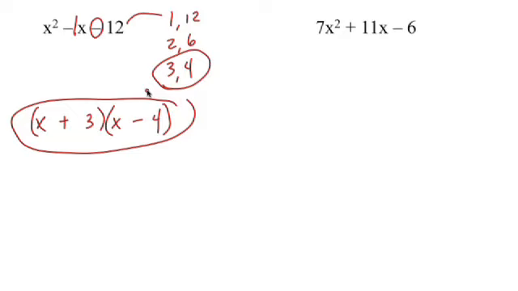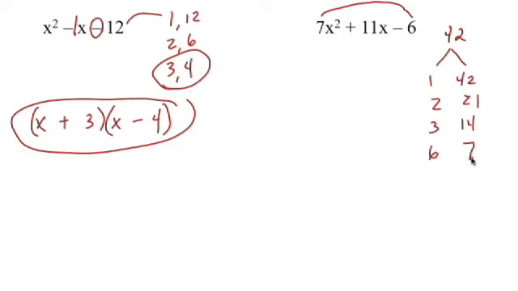The second one, again, Bill had a great discussion on this in the previous video. When you see those coefficients at both ends, this is where you start out and you say, all right, I've actually got to look at the factors in this problem of 42. Not the factors of 6, but the factors of 42. So all the factors of 42: 1 and 42, 2 and 21, 3 and 14, 4 doesn't work, 5 doesn't work, 6 and 7. All right, you want the factors of 42, just like in the last problem, that subtract to give you 11. Well, that would be the 3 and the 14 right here.